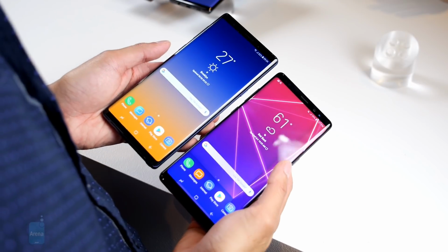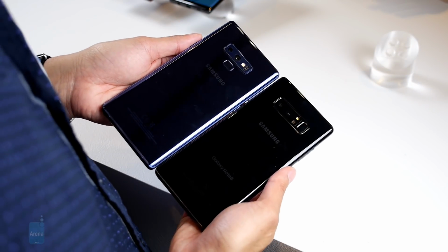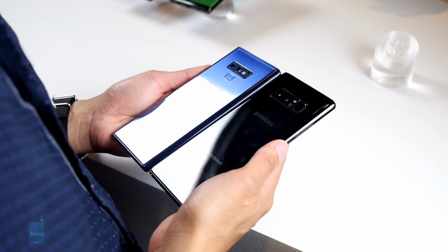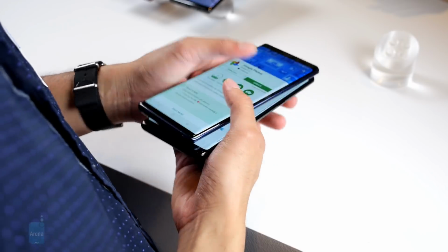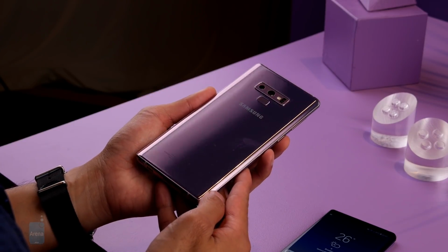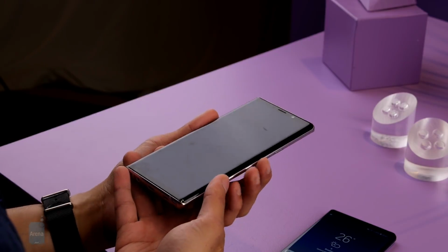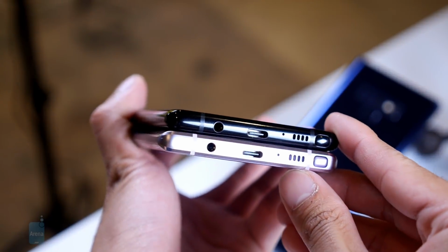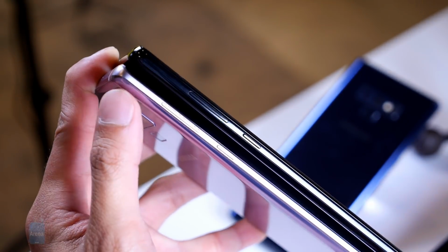Looking at two phones, it's really tough to distinguish what's new and what's old. That's because it's the same design language as before. You have the glass meets metal construction, the dual curved edges, and the infinity display. However, we will note that we appreciate Samsung finally repositioning the fingerprint sensor to below the camera with the Note 9. On top of that, they both feature IP68 water-resistant constructions, they have heart rate sensors, and yes, even a